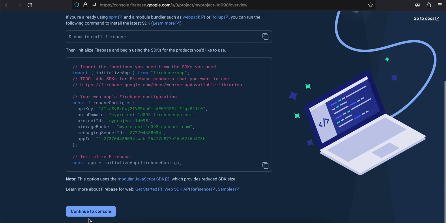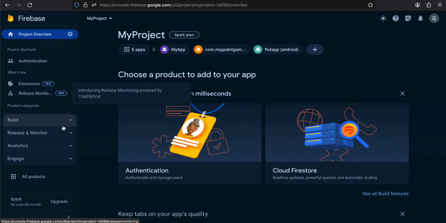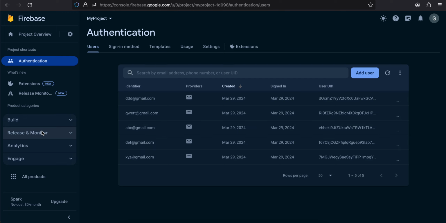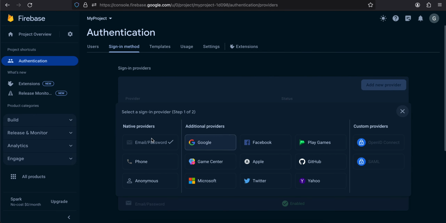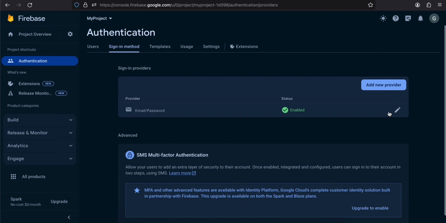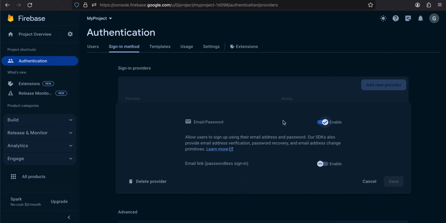Once this is done, you can click on continue to console. Then you will have to go to build, authentication, and at the very start you might see something like this. You just have to click on email/password. Once you click on that, you might see something like this, and here you will have to enable this email/password option. Don't worry about this. Once you do that,